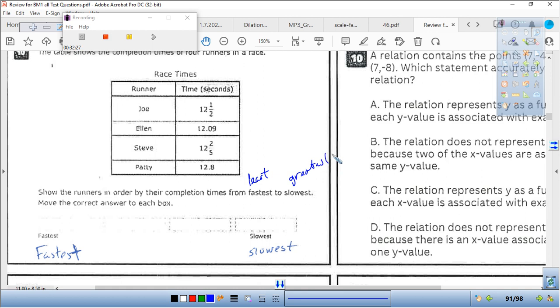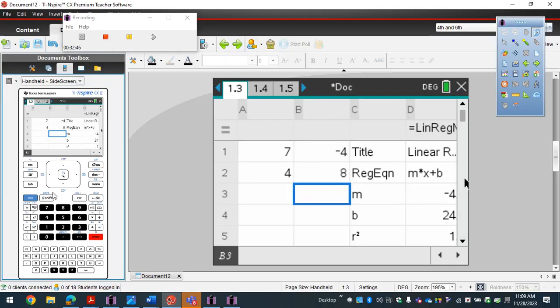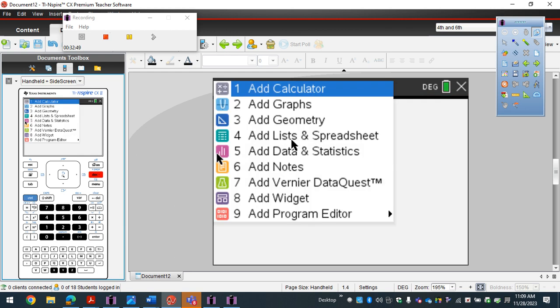Now, if it's least to greatest, that's going to be ascending. If it's ascending, then that means we're just going to put them in order, right? We'll do this in spreadsheets and put these numbers in there. So let me come on here and put these numbers on the calculator. I'm going to add a new document, in spreadsheets,